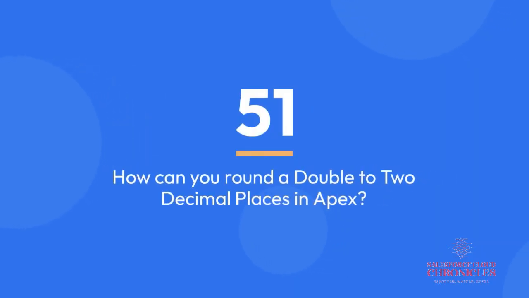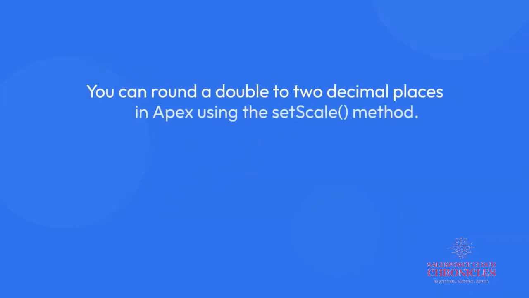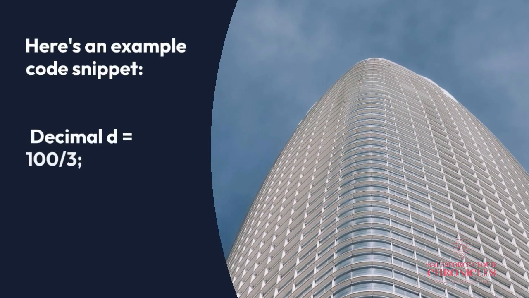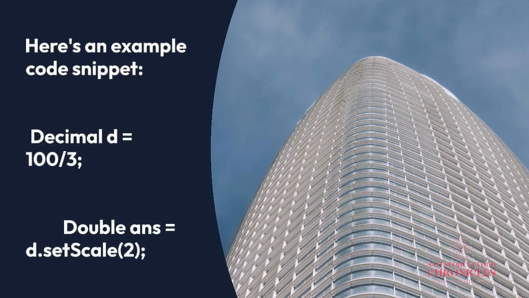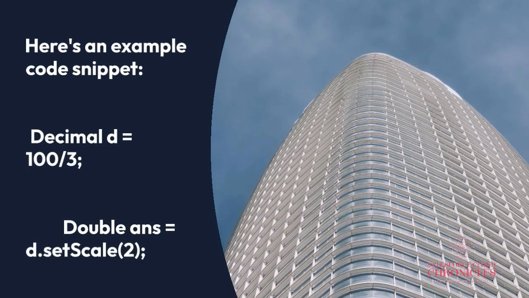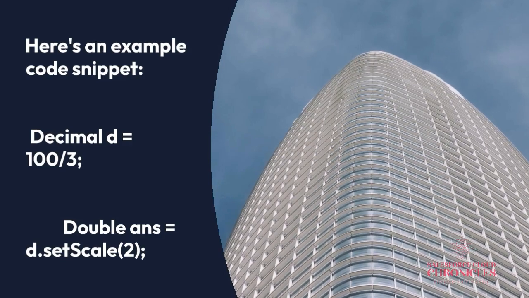Question 51. How can you round a double to 2 decimal places in Apex? You can round a double to 2 decimal places in Apex using the setScale method. Here's an example code snippet. Decimal D = 100 / 3; Double ANS = D.setScale(2);